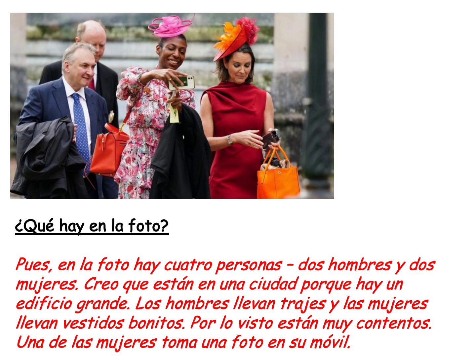Traje is suit. Now this is a really important one to know. Y las mujeres llevan vestidos bonitos. And the women are wearing very nice dresses. Por lo visto is a lovely phrase. By the looks of things, están muy contentos. They're very happy. Again, you can always say this unless you've got a photo where someone's crying in it. Remember, if there's just one person in the photo, you would say está muy contento. Or if it's a woman, you would say está muy contenta.